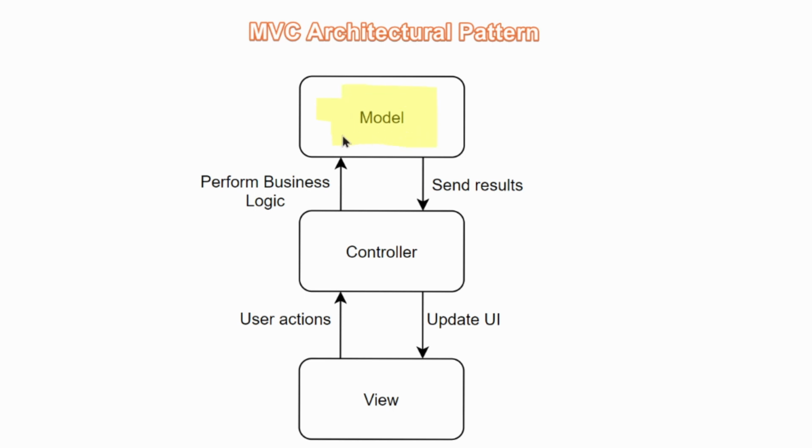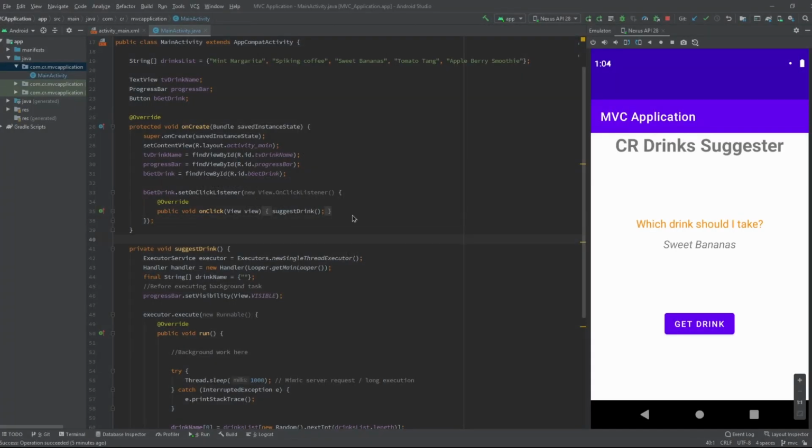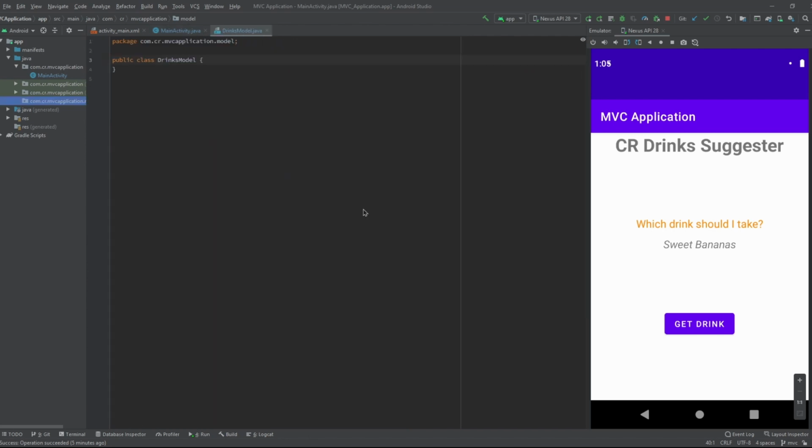We will start by creating a model first. Create a new package named model. Now create a new class in the package model, let's say we name it DrinksModel. We have now created a DrinksModel.